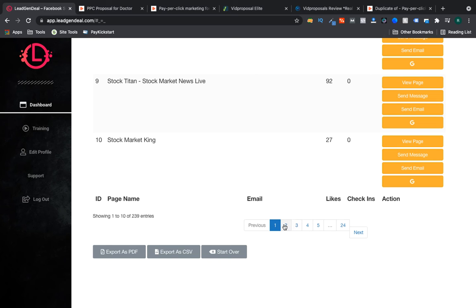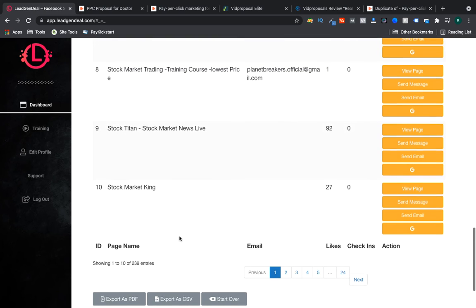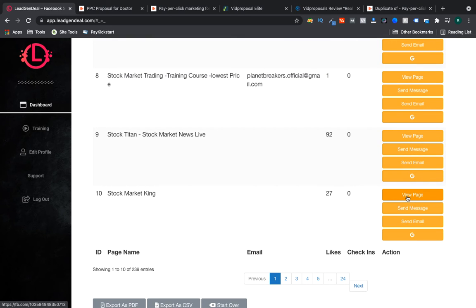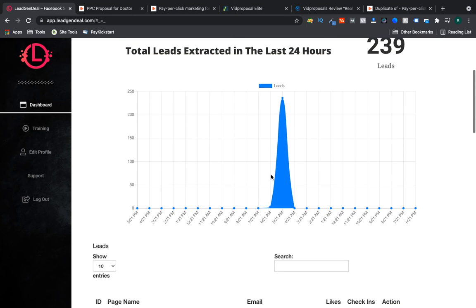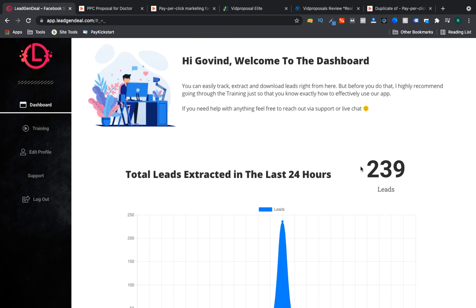I can export them to my CSV file. I can go and see their pages, send them a message, send them a mail. It means it's an outreach application for leads. You can collect leads. I've just generated more than 240 leads.